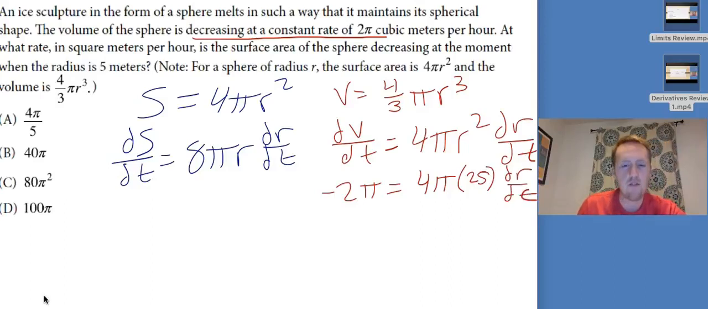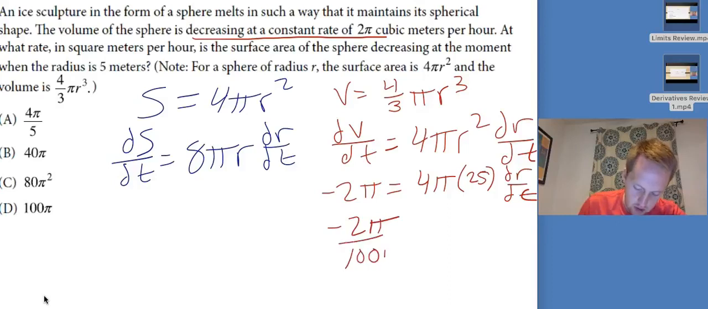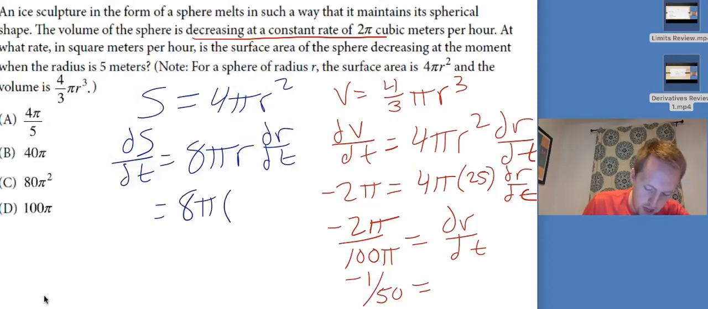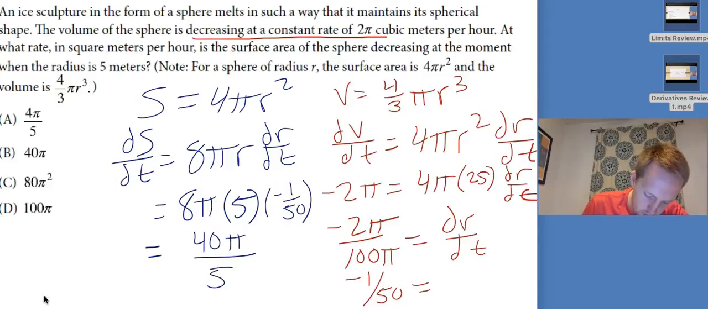So 4 times 25 is 100 pi, so negative 2 pi over 100 pi is equal to dr/dt, which is equal to negative 1 over 50. So now I can just plug that into the blue equation and I'll have my answer. So that's 8 pi times 5 times negative 1 over 50. So that's 40 pi over 50,